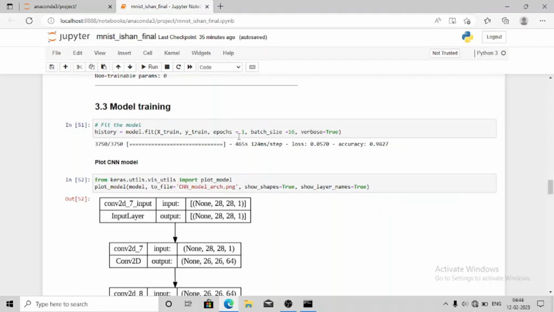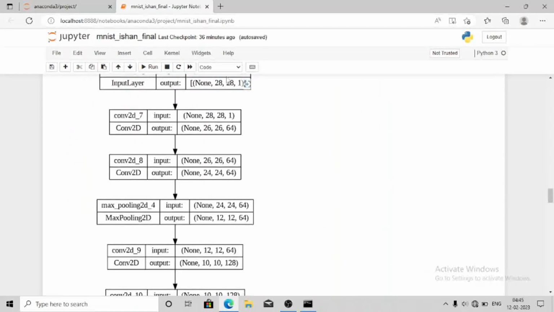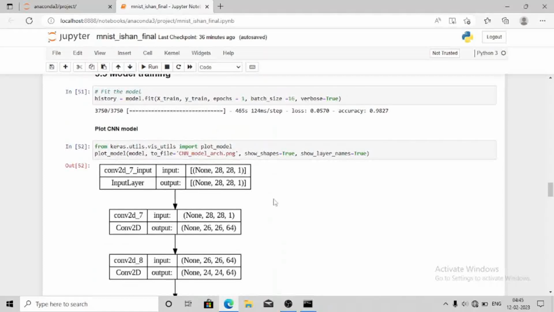In general convention, most researchers use about 100 to 200 epochs. So it is better to use more than 5 or 10 epochs. This gradually decreases the error, which is most important for such learning purposes. And further we are going to use a batch size of 16, and this represents the pictorial representation of the